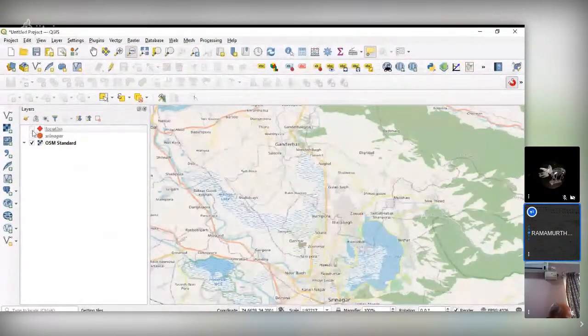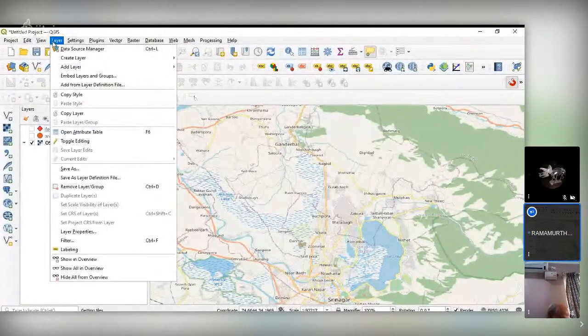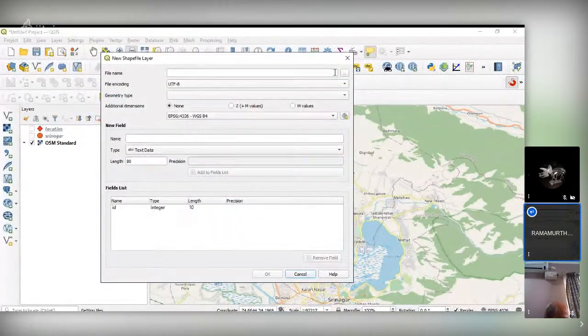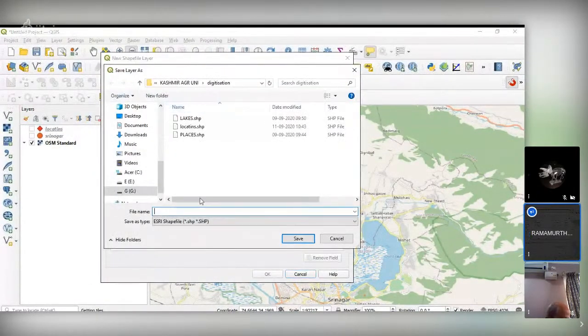So we'll digitize a couple of roads here. Same process. Go to the layer, create a layer, create new shapefile, and here road.